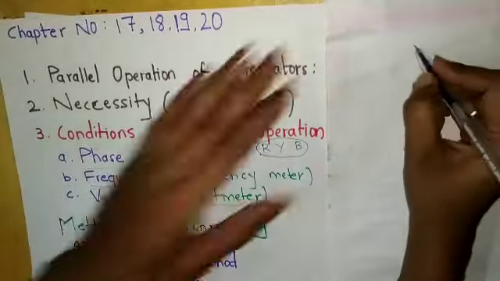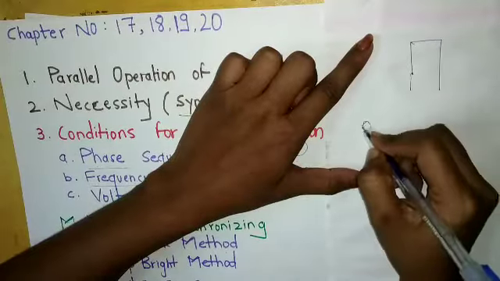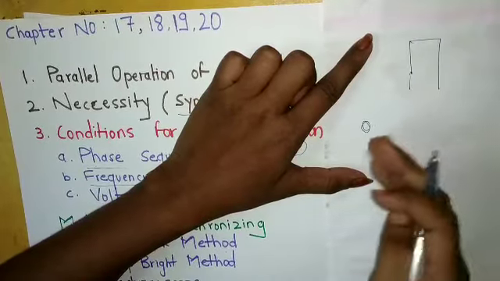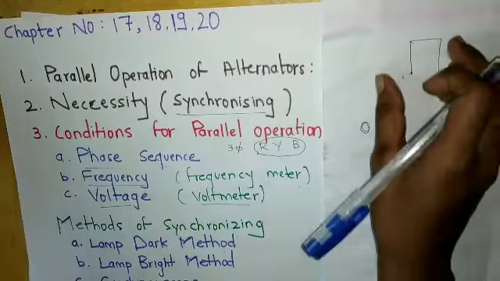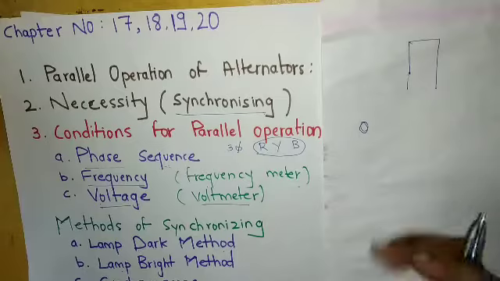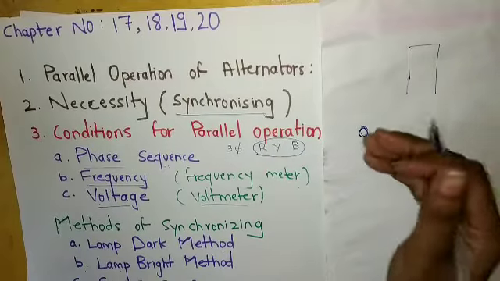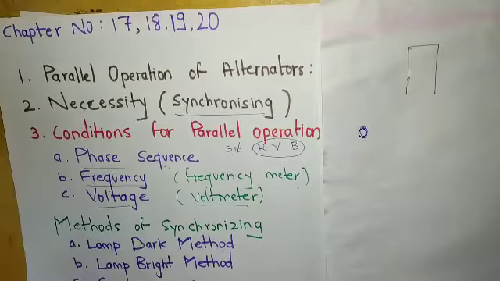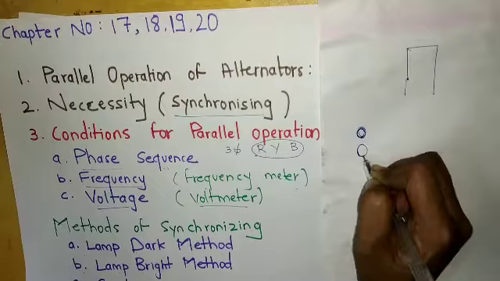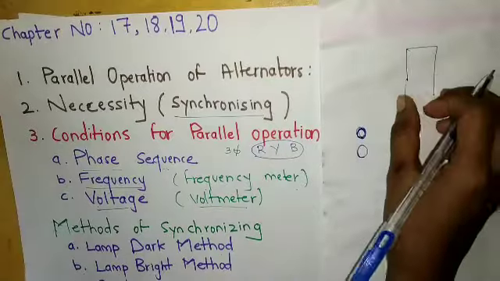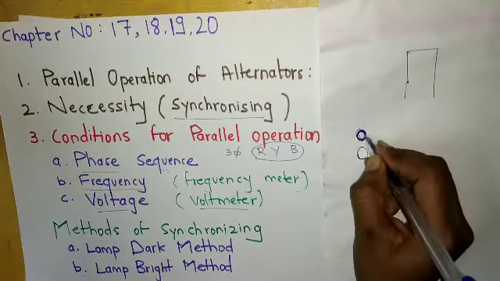Sorry. So just consider this is one building. Now this building is supplied by one alternator. We are giving the supply through this alternator to this building. Now if the load of this building is suddenly increased, then this alternator is not able to provide or fulfill the load conditions of this building. Then what we need to do is we have to connect another alternator, right? Because this is not able to fulfill this load condition. So what we did here, we connected another alternator in parallel with this first existing alternator.